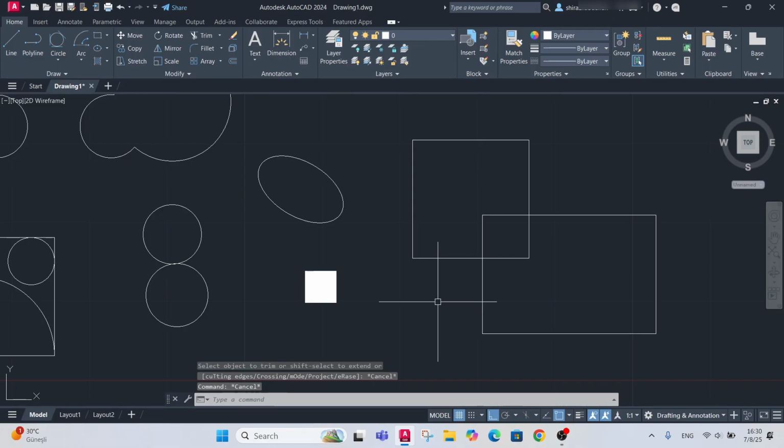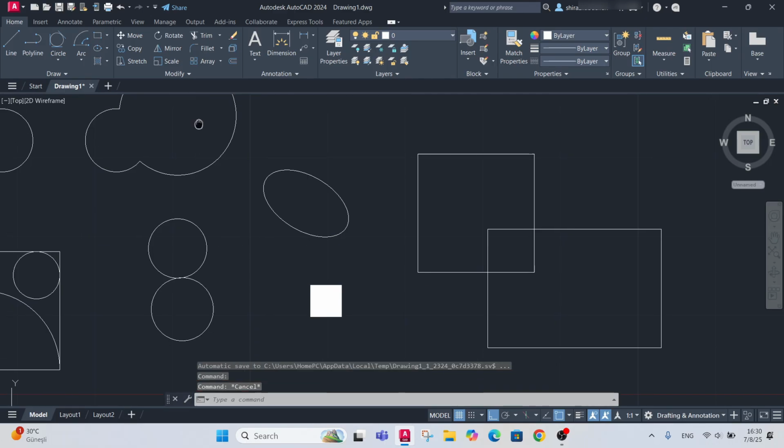Now notice that the last function you choose, it records. So if I want to select trim again, I may go and select it, or just click on spacebar or enter on your keyboard. Automatically it selects the trim function. Okay,